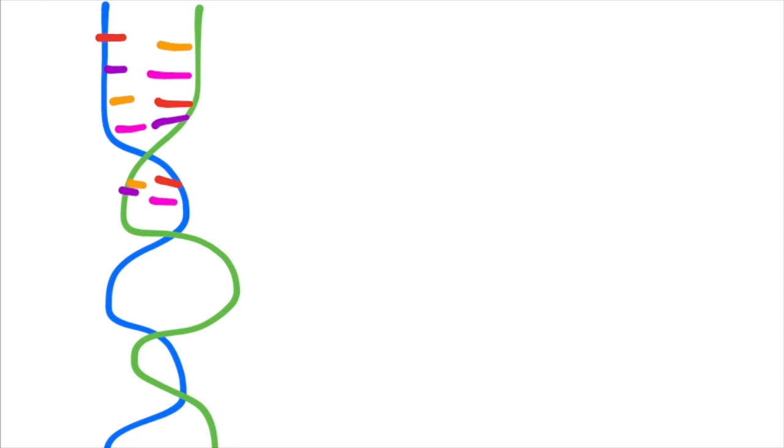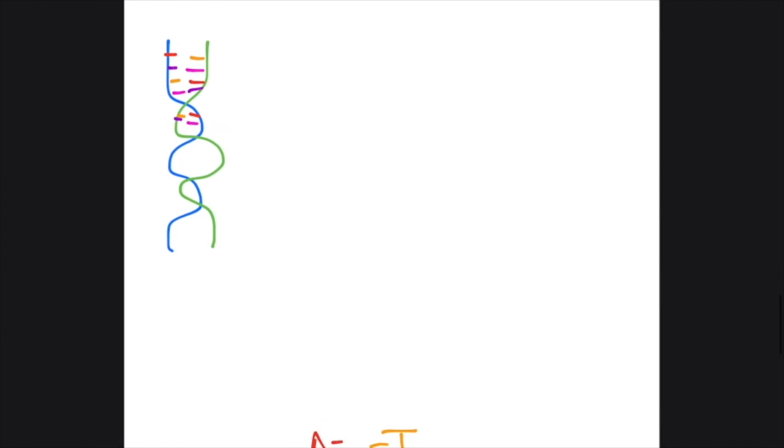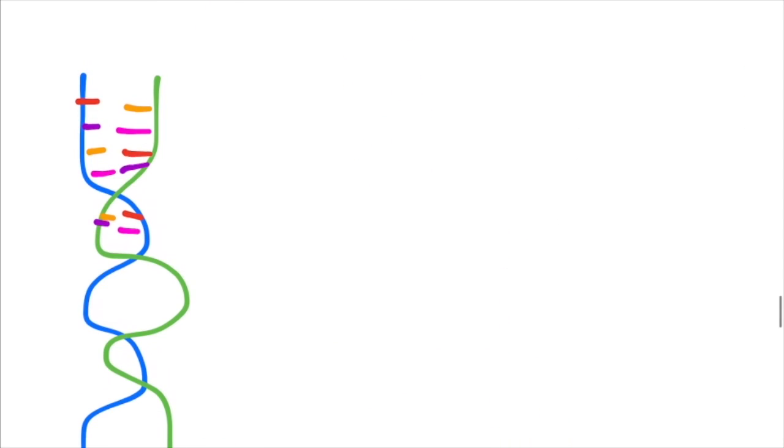I drew a really bad piece of DNA, but showing the 2 different strands, 2 different colors. You got a blue backbone strand, you got a green one, and we have some different bases, adenine, thymine, cytosine, guanine, because it's DNA, and I color-coded them, so I matched them up. Let's get started with the